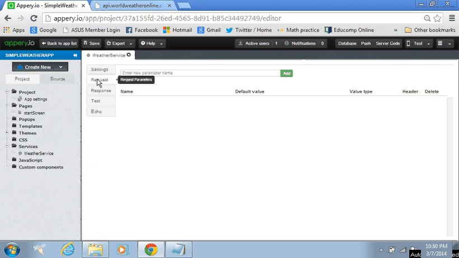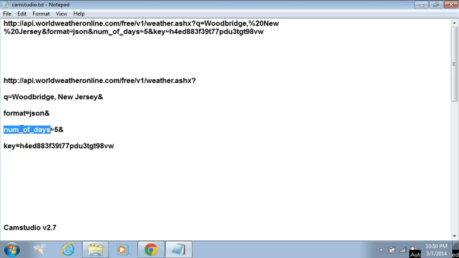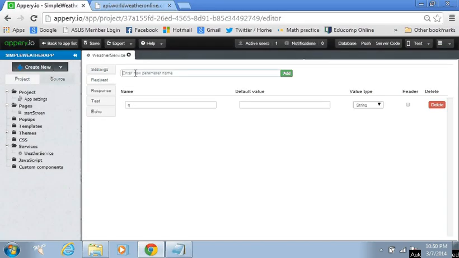We'll now go to the request tab. Here, we need to specify the 4 request parameters that go into the URL. So I think the first parameter, if you remember, was just q. Let's add that parameter. The second parameter was format, and its value is JSON.